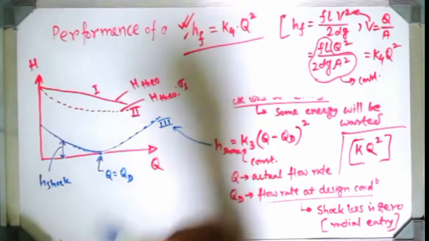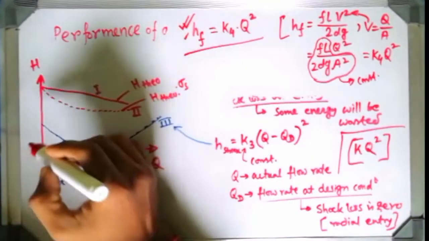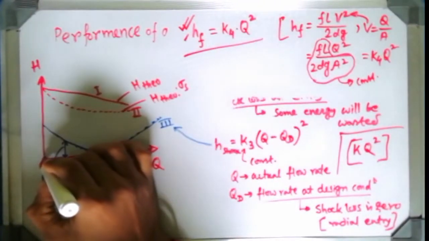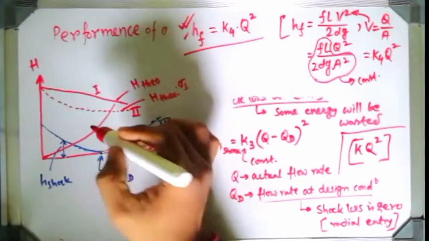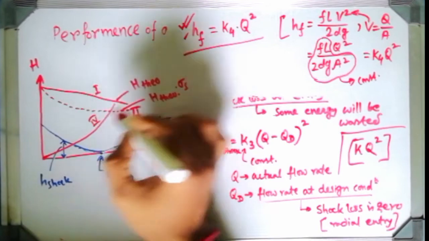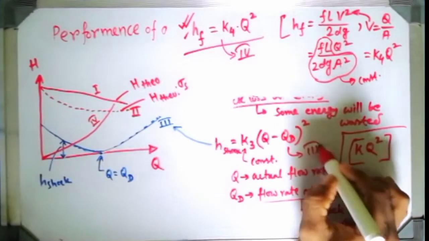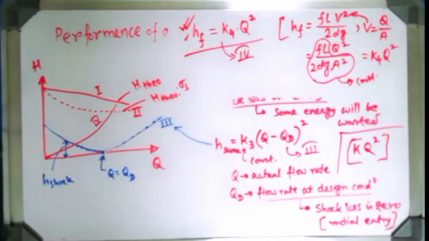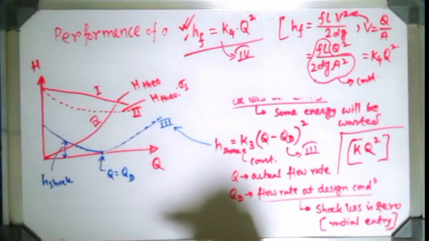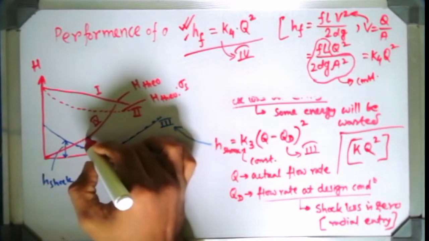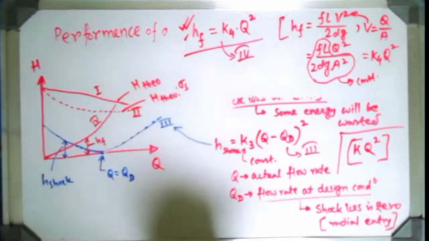And going to plot this frictional head curve, or head loss due to friction. The frictional head loss curve will look like this. Obviously it will pass through the origin, and it will always be a parabolic curve, so it will look like this, and name it 4. So this is the 4, and this one is the 3. Okay, so this is the head loss due to friction. If at any point, suppose at this point, you get this value, it will give you the head loss due to friction. Very good.